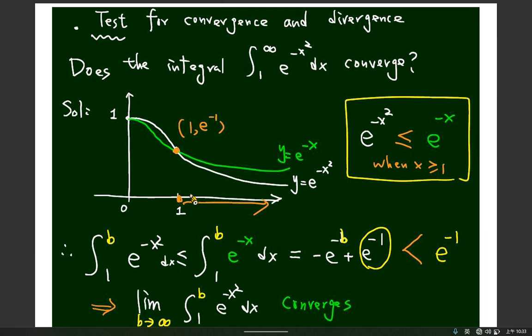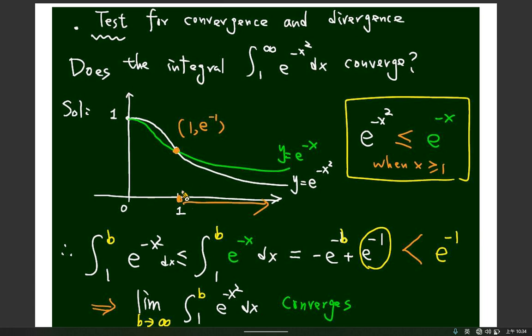You can see after a certain point, the green curve is always larger than the white one. So if we can find that the improper integral for the green one is convergent, then we can conclude the white one is also convergent,